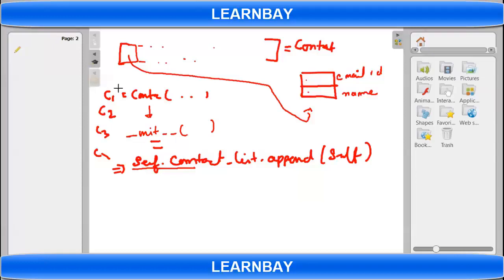So the definition is, if you just look at the class definition here.